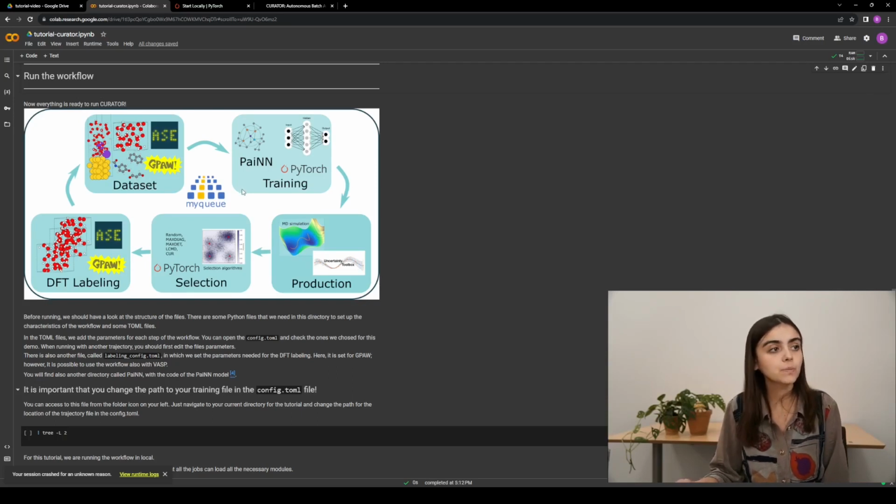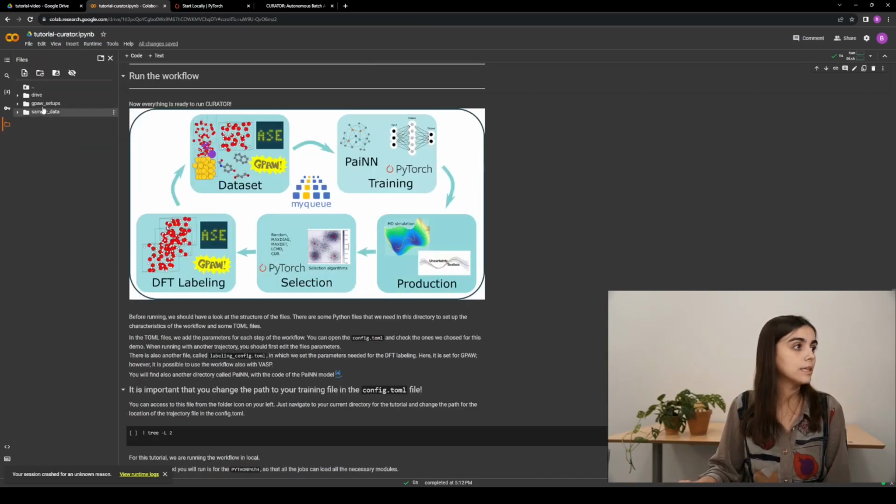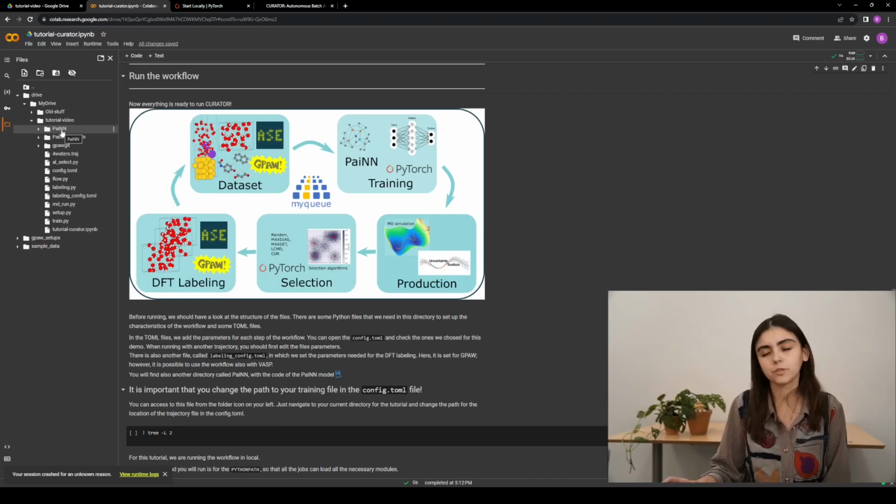And MyQueue, as I was explaining before, is managing all these tasks, so that we can run this for 20 iterations for multiple days, weeks, and we don't have to worry about submitting files. Now we have to change something. So here, if you go on the left, there is my drive tutorial video. Of course, for you it's going to be different, which file you have,